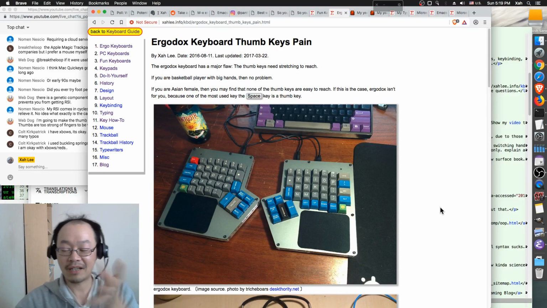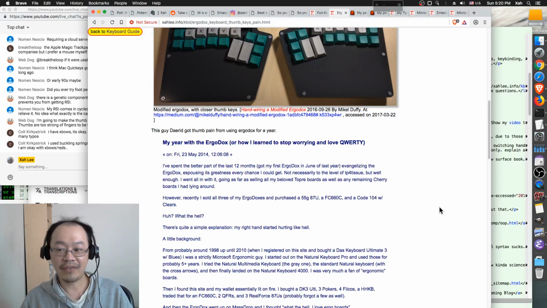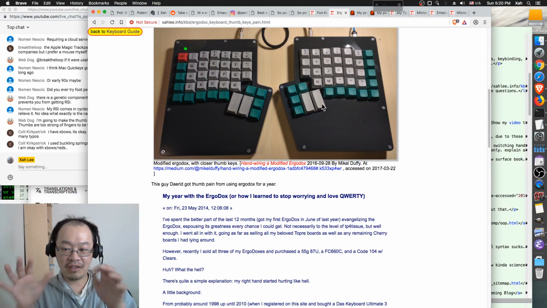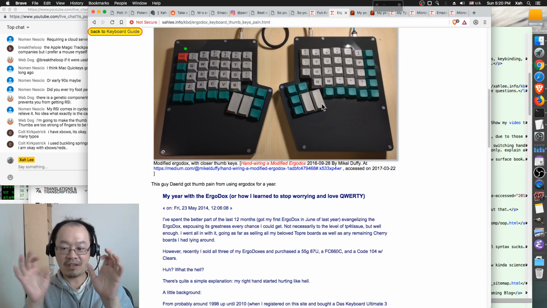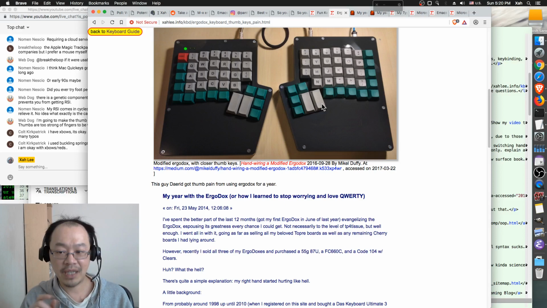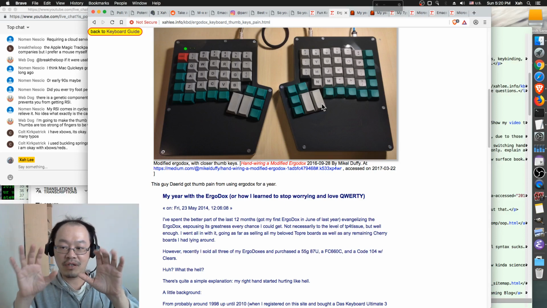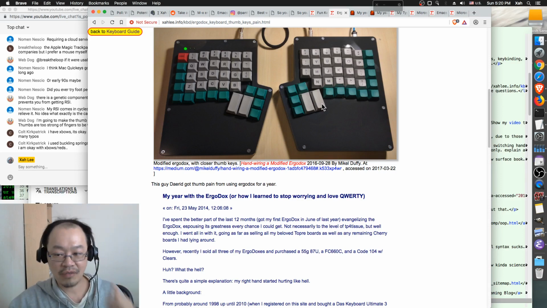Ergodox keyboard. So he got a couple, and he uses it all the time. And one day he noticed pain. Eventually, the pain is traced back to hitting the thumb key. The thumb key caused the pain because he's extending his thumb in some way. So you want to be careful of that, especially if your hand is not very big. If your hand is big, you just rest on the thumb, that's fine. But if maybe your hand is too small, or the direction isn't right or something, you want to be careful.